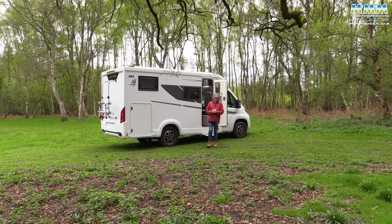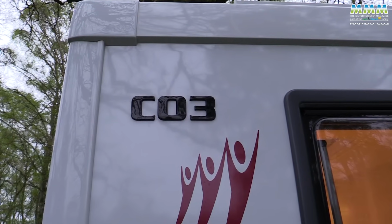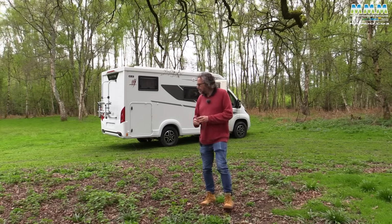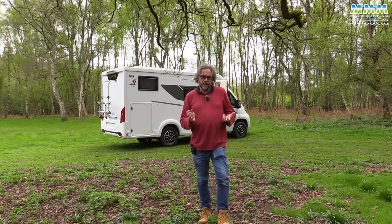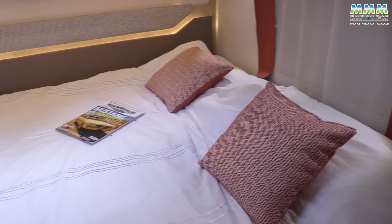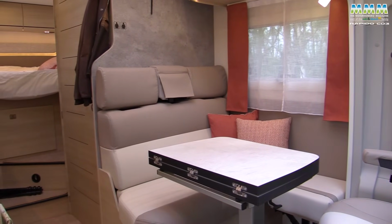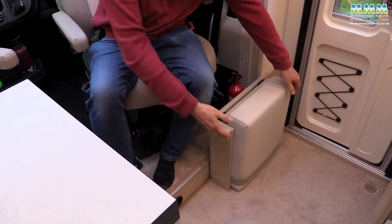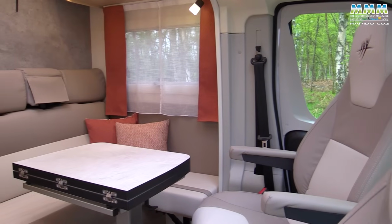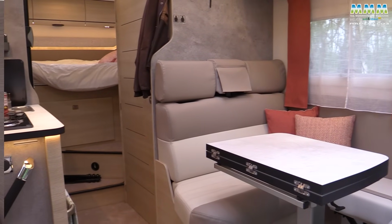So, final verdict time on the Rapido CO3. Nice short name for a nice short little van, and one that I could very easily live with. If you're okay with the concept of a transverse double bed, and therefore possibly climbing over your partner to get to the washroom in the night, well, this does it as well as any of them. I really like the lounge with that flip-up jump seat that makes a great footstool, and generally for a small lounge it's really comfy. Bedroom area works well, but that is my one reservation, that window at the head of